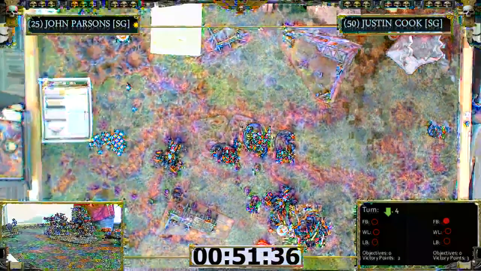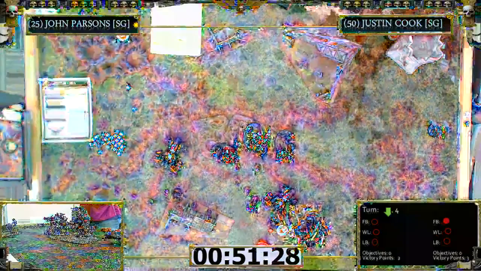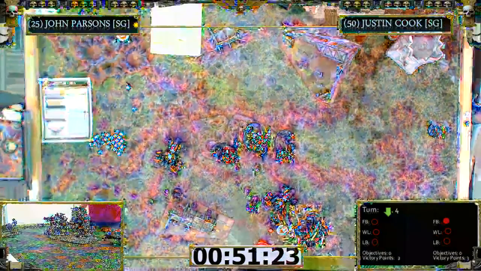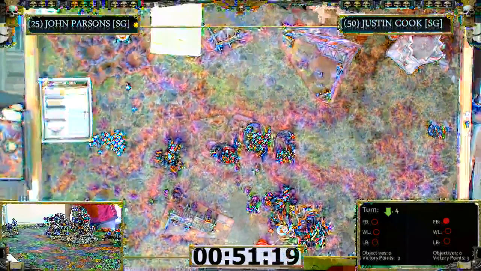Sneak up inside there, make sure he's not getting shot at, so he can try to protect the one main scoring unit he has left. Obviously, he's got a portaglyph that he's going to throw on here and try to make some more troops. So, what I'm going to try to do here,